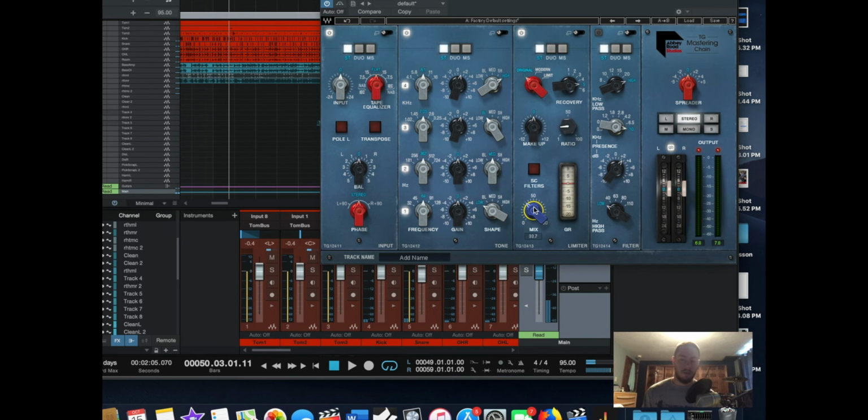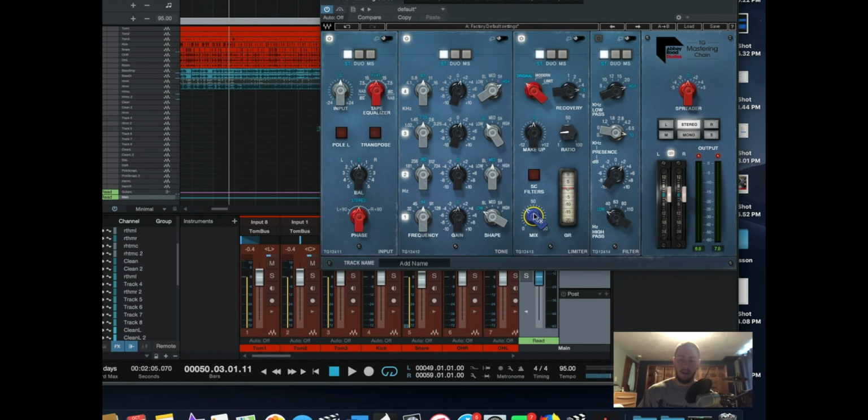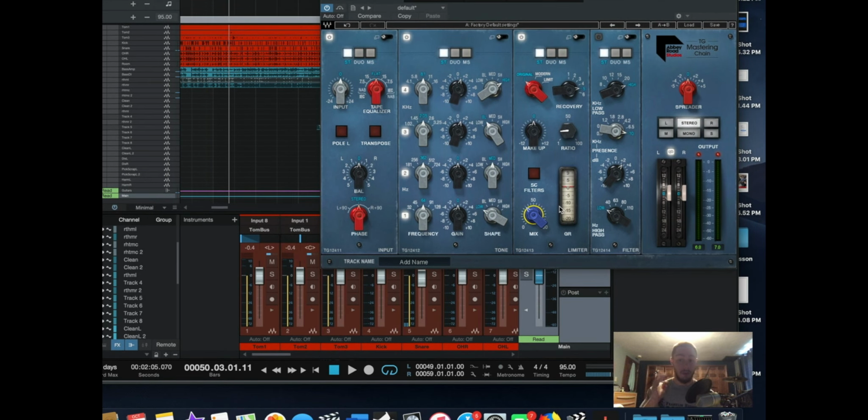Where that's sitting, it's not really doing much, and if you could tell, there are different selections up here. You have original, modern, and then limit, which actually hits it a lot harder. I put on original. I think that's what sounded best for the genre of music, and I only hit it subtly, and then I even turned the mix down a little bit